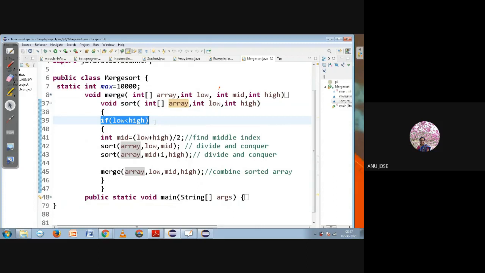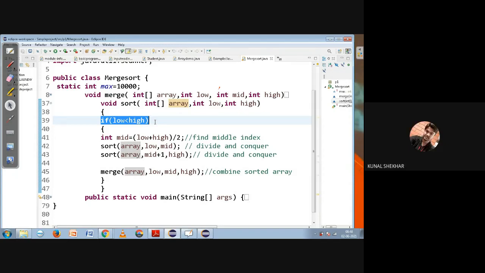If low is equal to high, what will happen, Kunal? Why should I check that condition? Kunal, tell me why should I check the condition while low less than high? Low is indicating the lower index and high is indicating the upper index of the array. Kunal, do you have any answer?